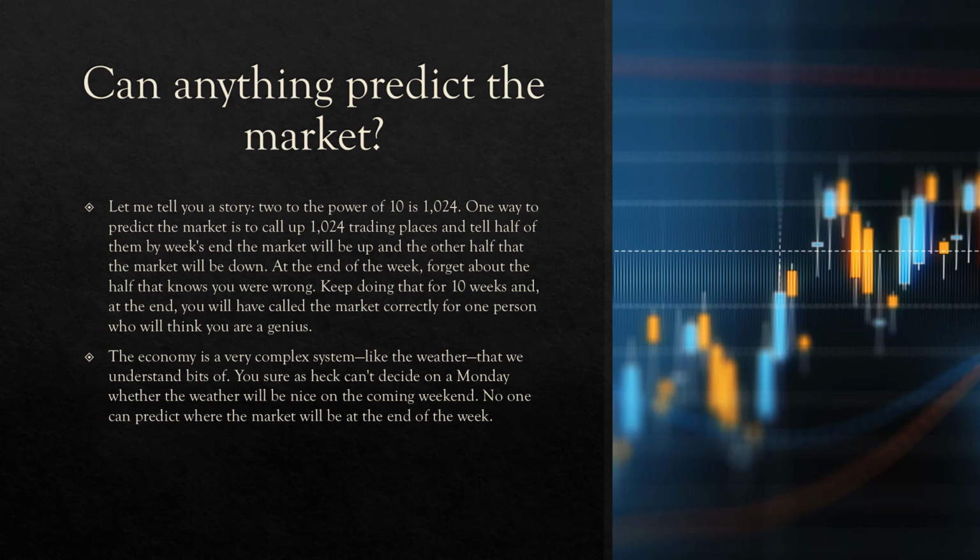So you have 25 left, and you say 12 and a half of those, tell them the market's going to be up, 12 and a half of those, the market's going to be down. The ones that are wrong, you throw away. When you end up with 12 and a half people that swear by you, you're going to be the front page of the Wall Street Journal. You're the front page of the Times. You're the big new financial analyst that everybody's looking to, whatever you say.